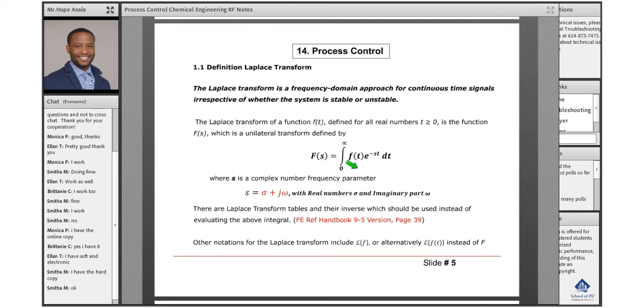You have an f of t function defined for all real numbers t greater than or equal to 0, and then you plug it into this equation and integrate between the bounds of infinity and 0 the f of t times e to the negative st. So whatever f of t is given, if they tell you f of t is 5t, or f of t is t squared, or f of t is 1, an impulse,